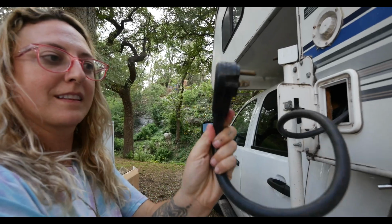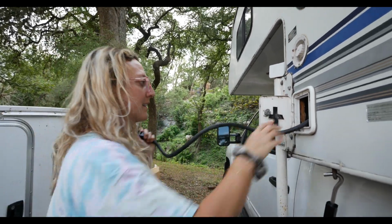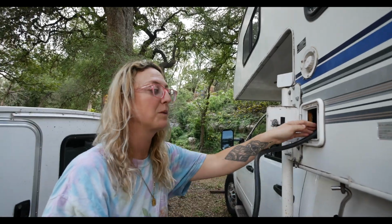That's a tight fit. 30 amp plug. This is a really long cord. We won't need the whole thing. Okay, we've been using 30 amp this whole time, but because of our electrical converter to have multiple plug access holes,